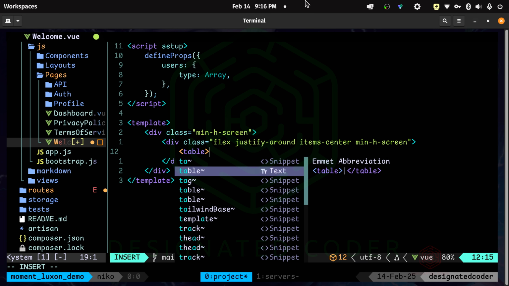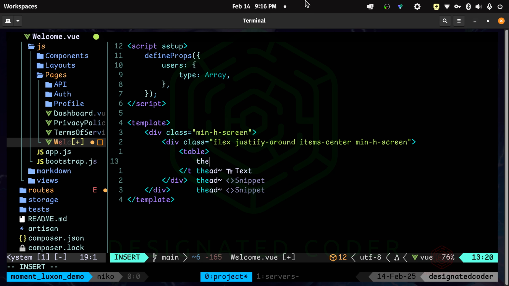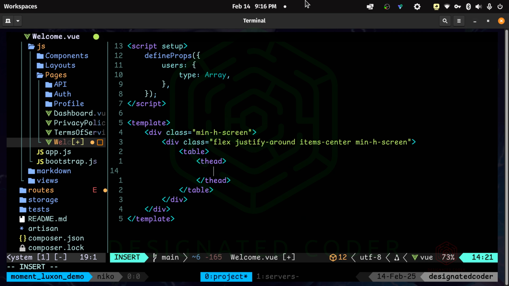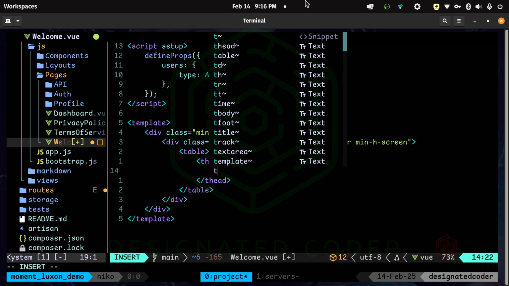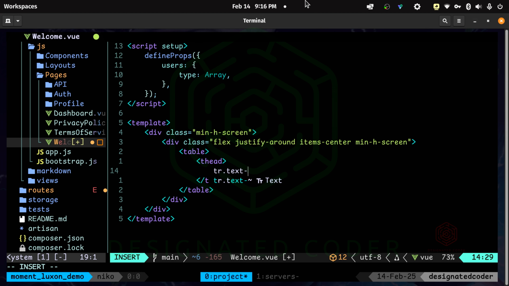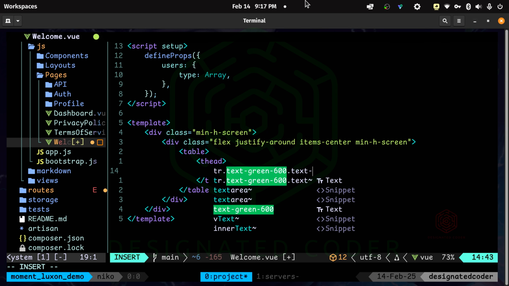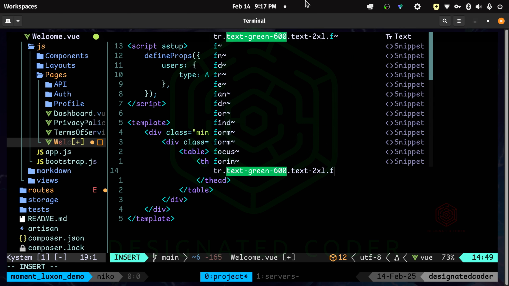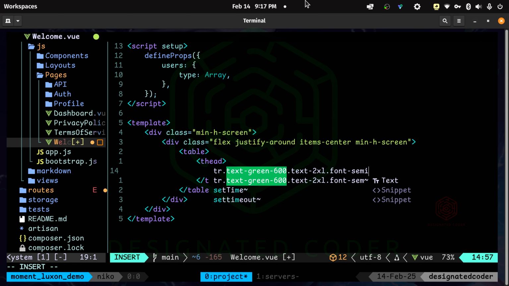And we're going to do this really simply, like I said. So we're just going to grab a table, and we're going to need a thead. And of course, we need a tr with classes of text-green-600, text-2xl, and then font-semibold.